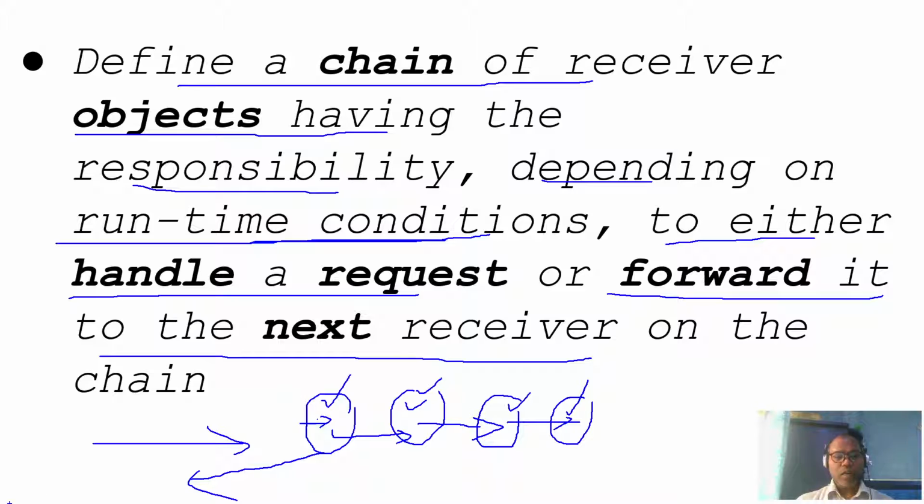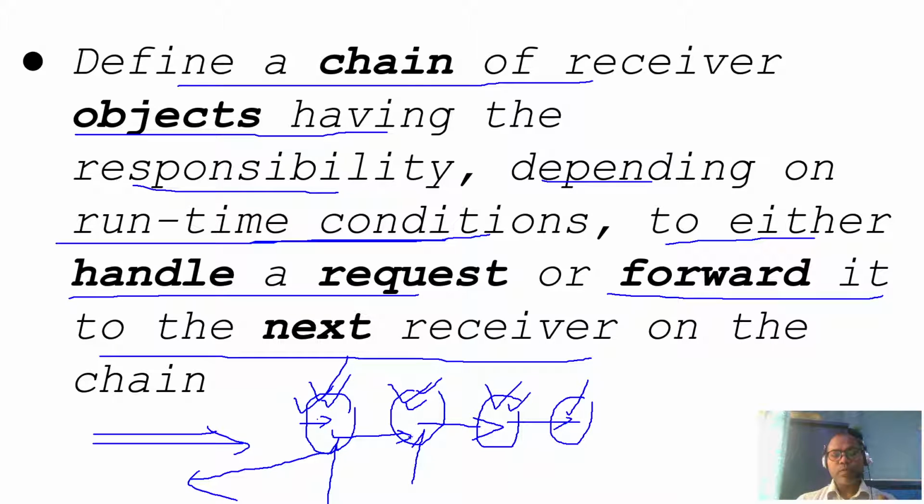So our request is not bound to any specific receiver object. Might be this one can handle, might be this one can handle. Each handler handles a specific type of input.